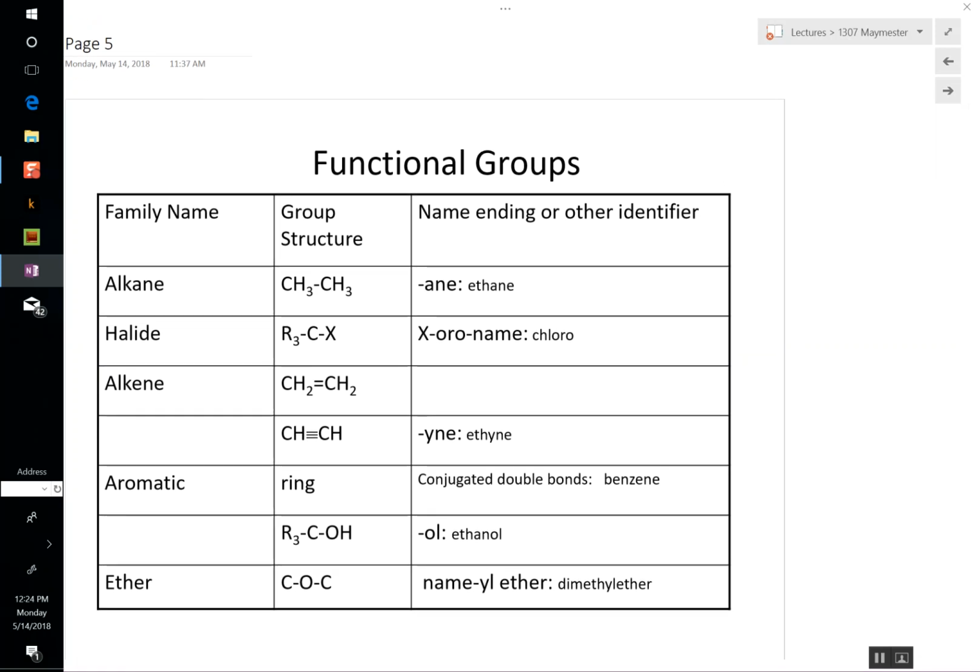All right. So we're going to fill in some blanks here. And over here is the chapter. All right? So this is chapter 10. This is 11. And this is 12. So what are alkanes?